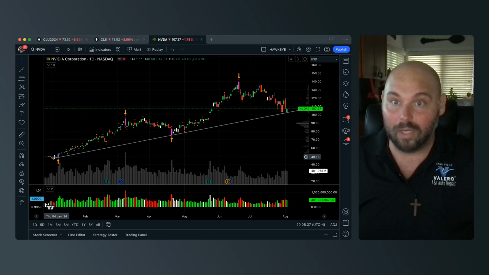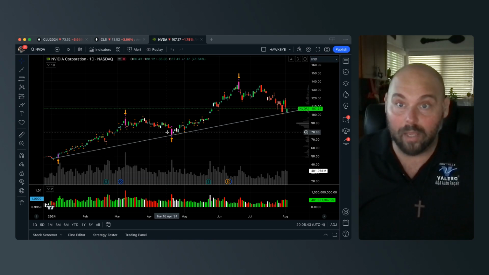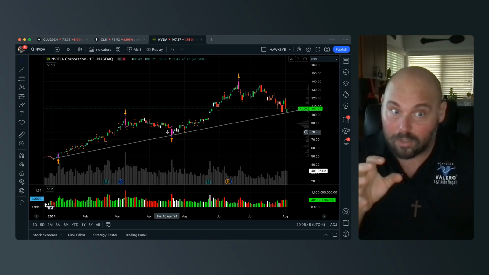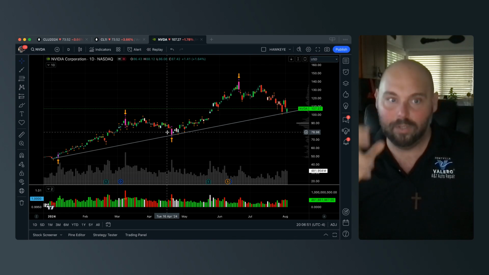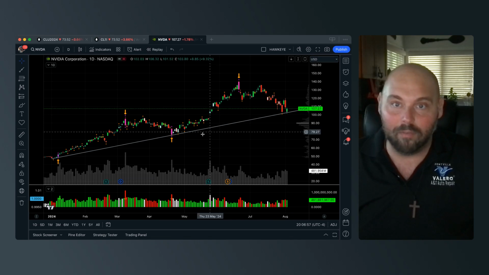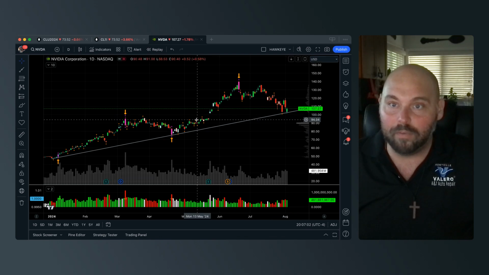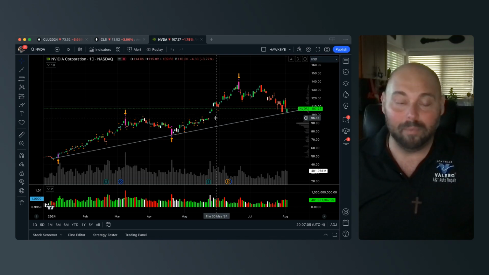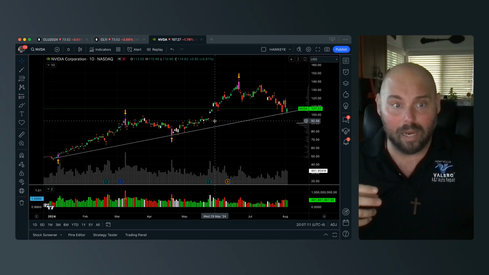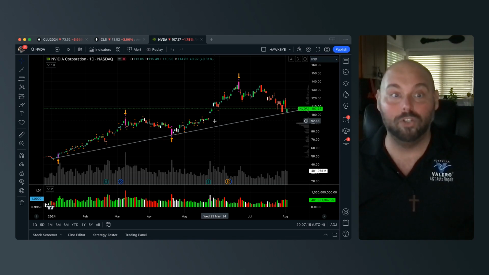Now, we are testing what I would consider a significant support line. Could we break it? Of course. Could we bounce off of it? Of course. Lots of things can happen here. Going to have to continue to analyze it as it transpires. For the moment, we've come into it and seen a little bit of buying come in here. But if we drop through, we probably fill this little gap here. And if you look back to the previous video, I plotted off a whole bunch of levels that I thought would be pretty meaningful.